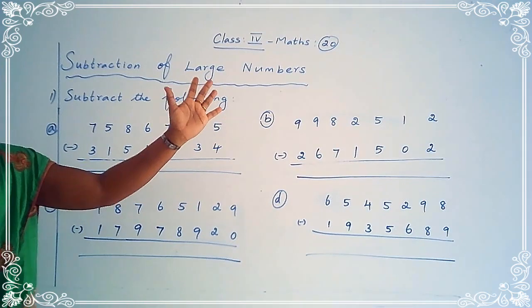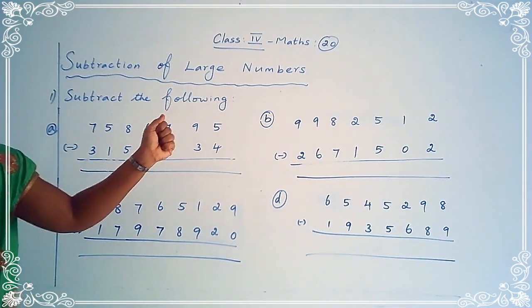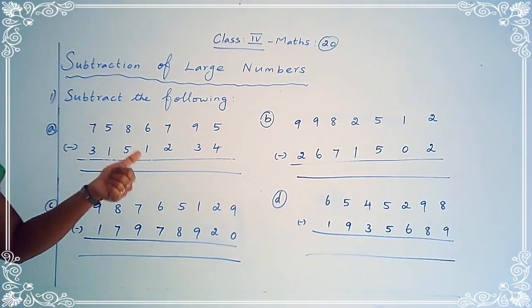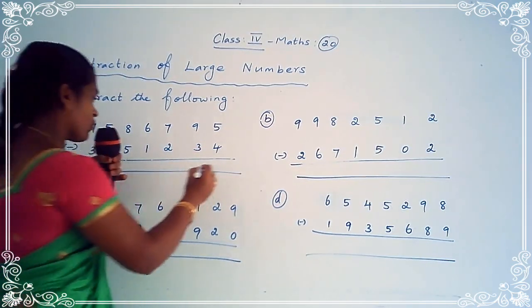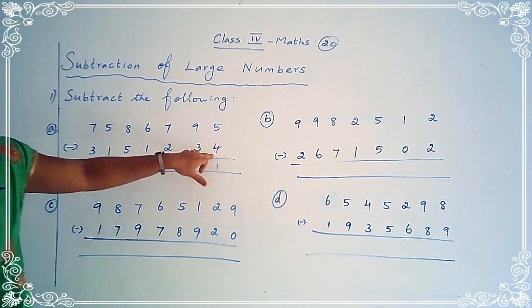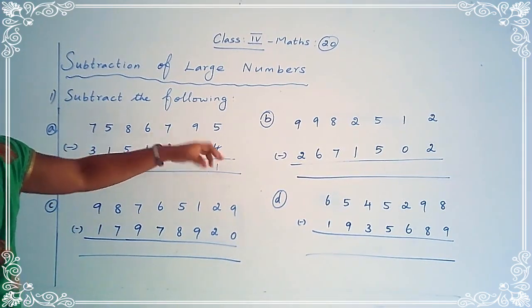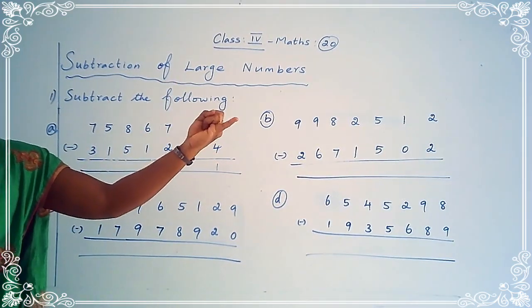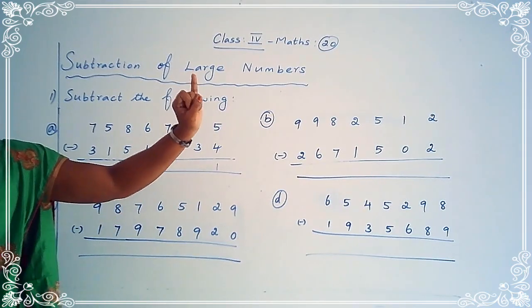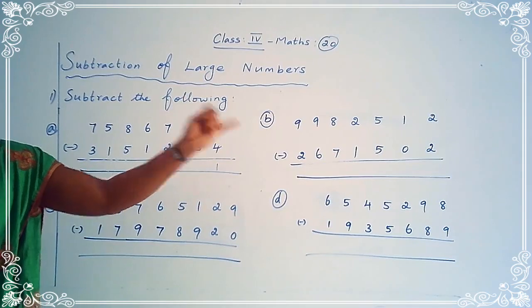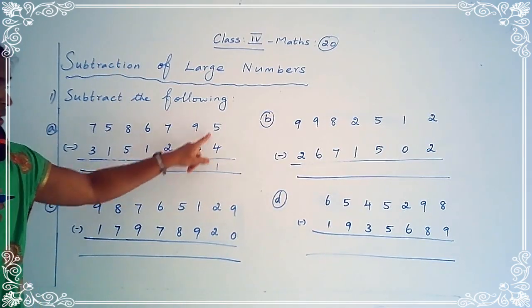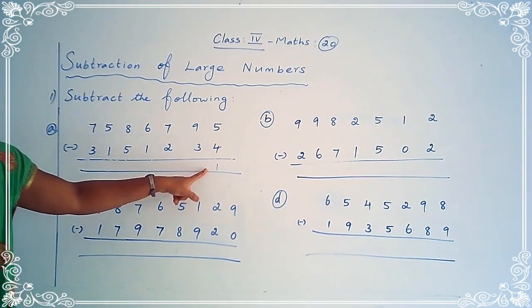So now 4 is taken away. How much is remaining? 1. So 5 minus 4 is equal to 1. Otherwise, take 4 in your mind, then count 4 after 5. Here the minuend is 5 only. So how many fingers are there? 1. So your answer is 5 minus 4 is equal to 1.